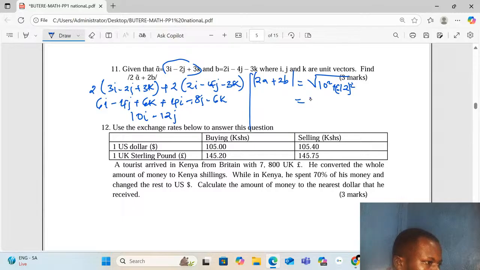So we shall have the square root of 100 plus negative 12 squared, which is 144, positive, so that we have the square root of